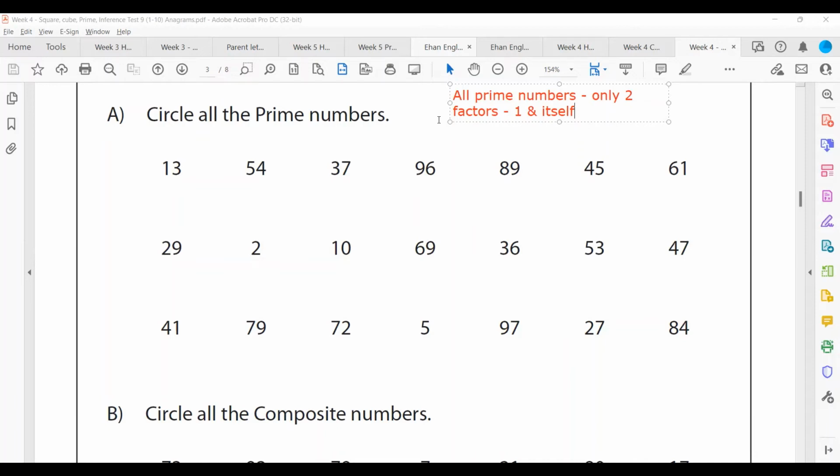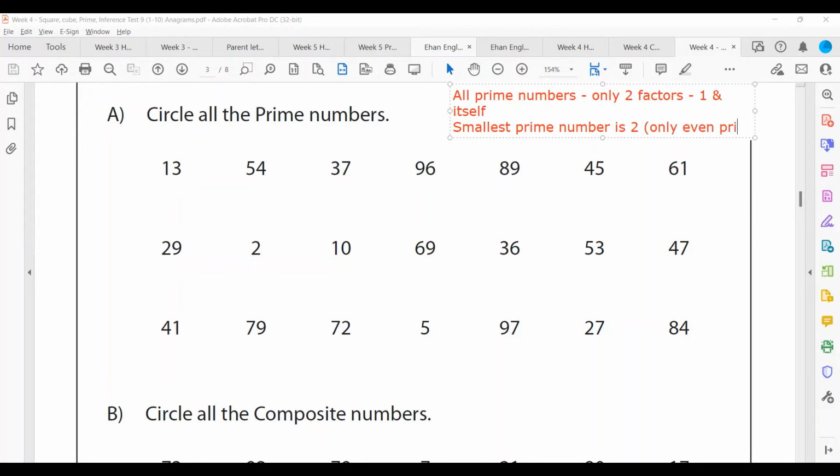Your smallest prime number is 2. Okay, so it's 2 because 2 can only be divided by 1 and 2. The smallest prime number is 2, and 2 is also the only even prime number. Okay, so 2 is the only even prime number, and the reason for that